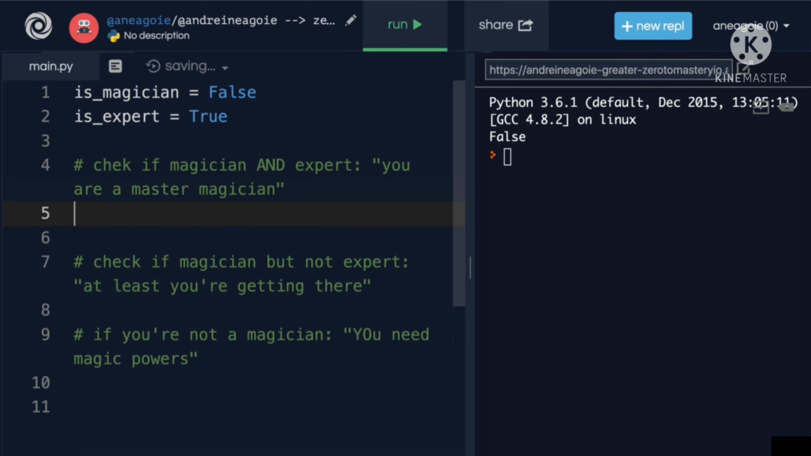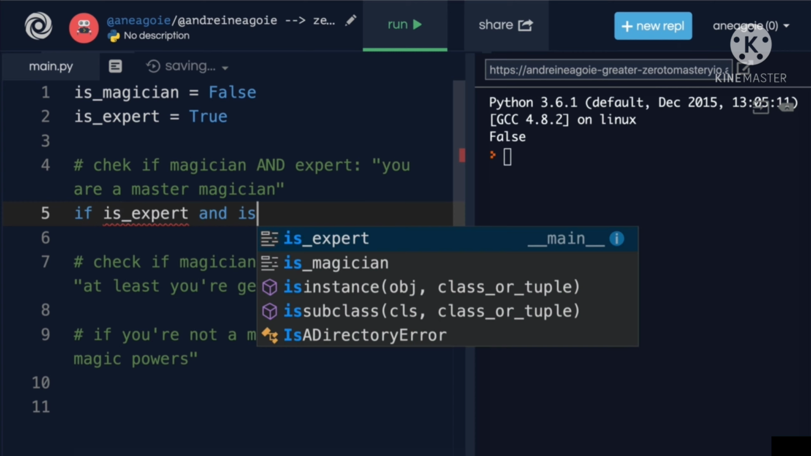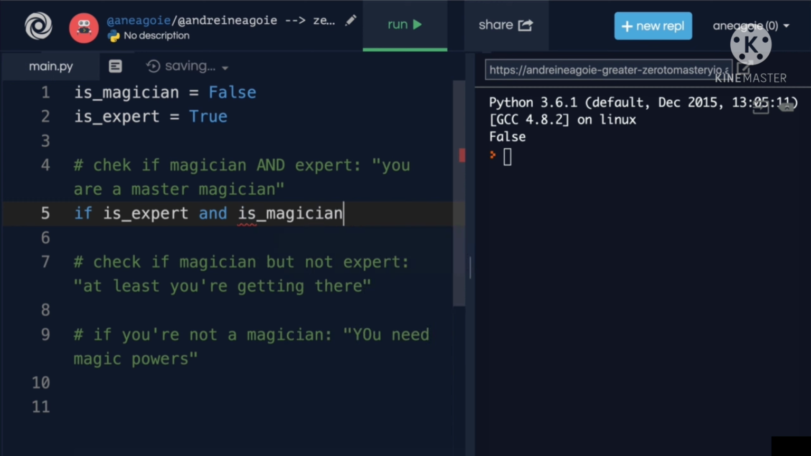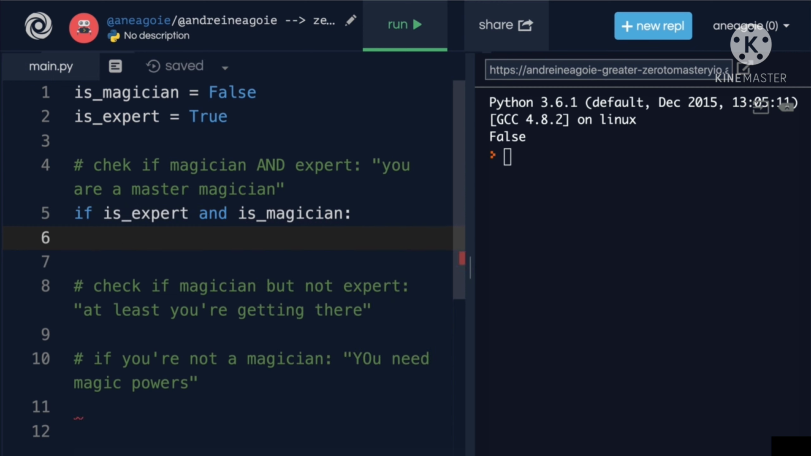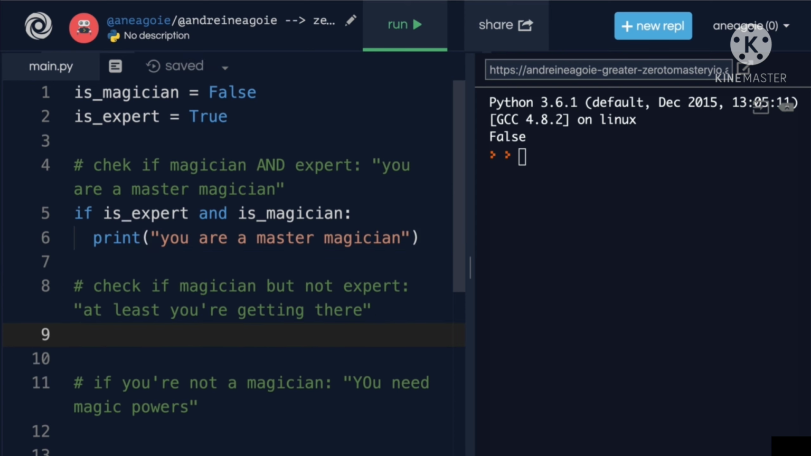So I'm going to say if is expert and is magician, I am going to print you are a master magician. So I'm going to copy that and say print you are a master magician. Nothing too crazy here. And then next one, I'm going to say